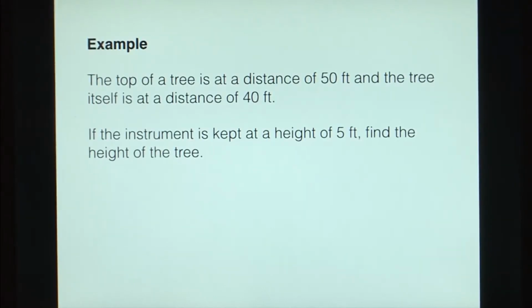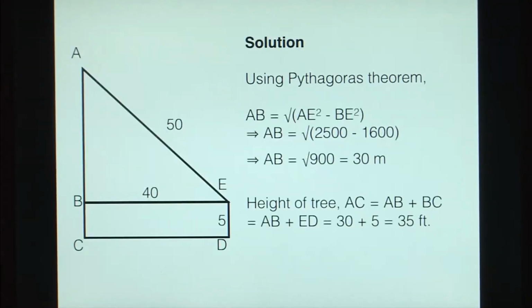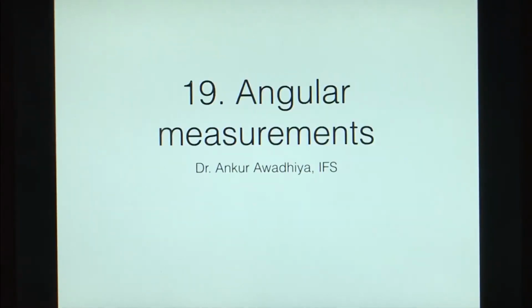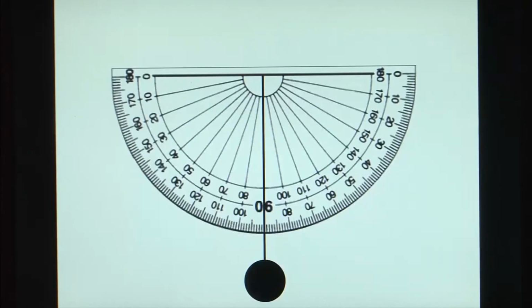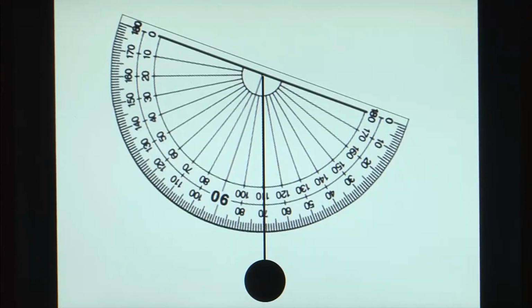Next, we also saw how we can measure the height of a tree just by using a rangefinder and the Pythagoras theorem. Next, we looked at angular measurements. We saw that we can use a protractor for angular measurements, and if you want to get the angle of elevation or depression, then we can attach a string to our protractor and a weight below, which keeps our string tightened, and in this case the angle that we measure is the angle of elevation or the angle